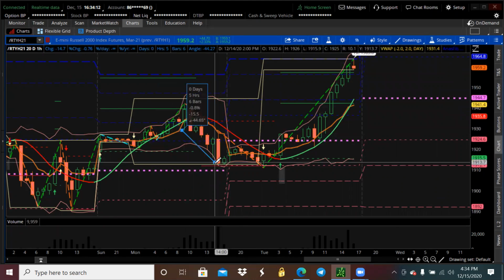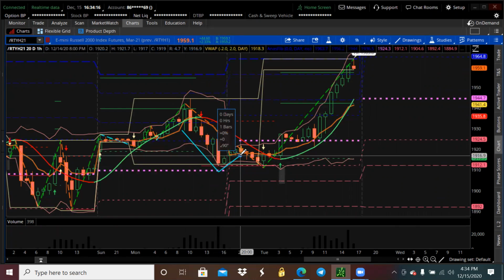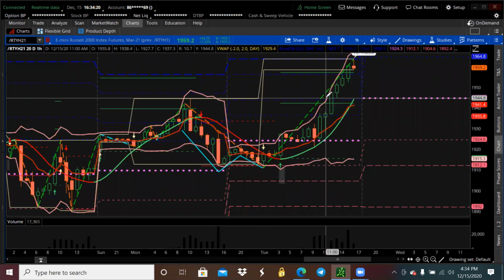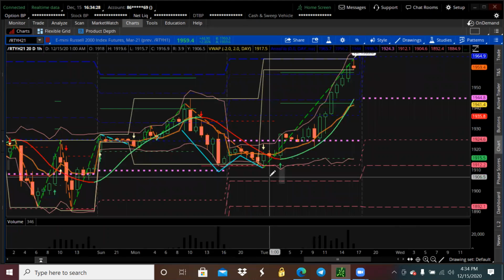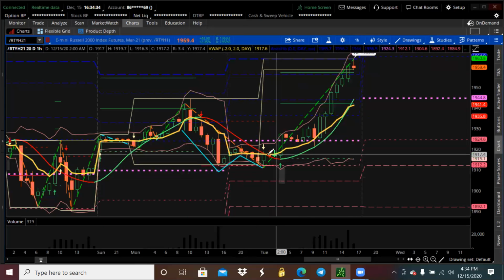So here's that. And I'm connecting that to this long dotted green. Okay, so once we cross there, then we are long. Once the crossover happens,